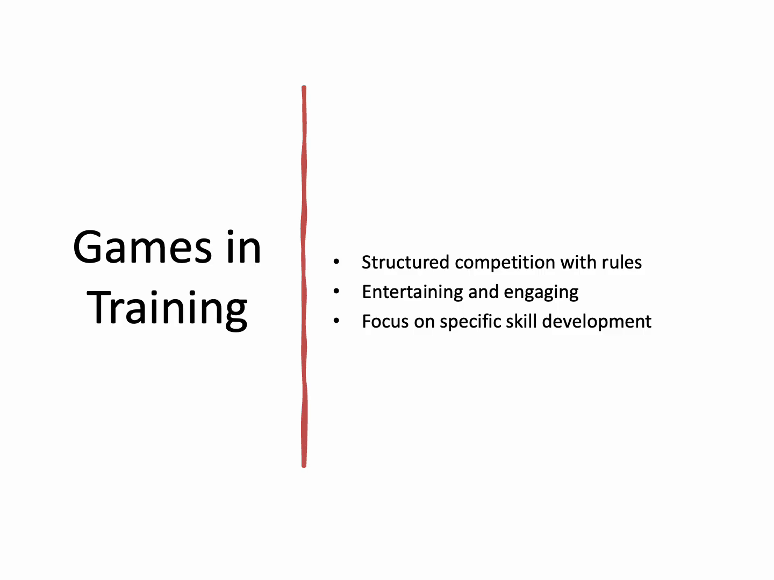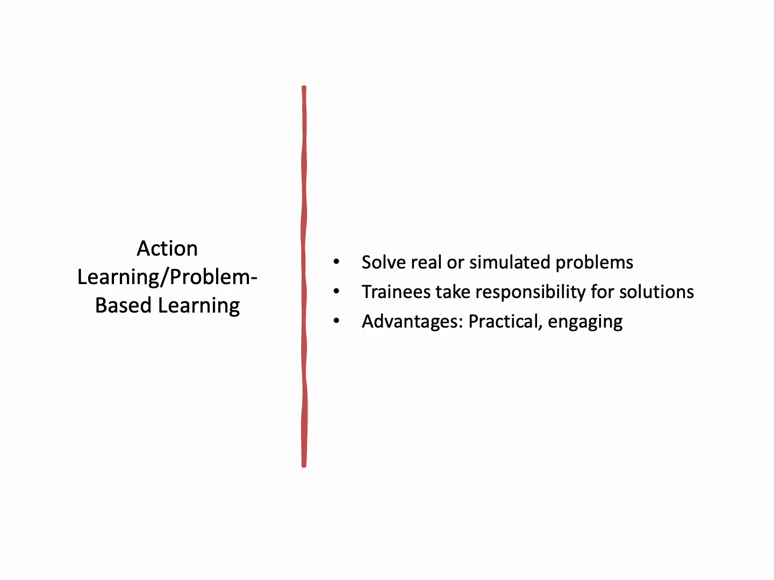remain focused and invested. Action learning, or problem-based learning, involves trainees solving real or simulated problems and taking responsibility for solutions, often through cooperative or work-integrated learning. For example, a team might solve a simulated business challenge, applying strategic thinking. This method is practical and engaging but requires relevant problems and guidance. As we explore this, consider how problem-based learning applies to your industry. It's effective in fields like management or engineering, where hands-on problem-solving builds critical skills and fosters ownership of learning outcomes,